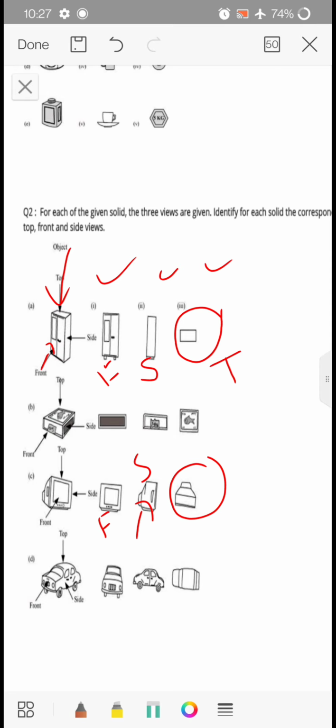So this is one kind of question which is possible based on the top view, front view and side view. Similarly, I am giving you 1 minute to solve this car, which can be the front, top and side view. First one is what? Second one and third one. So are you ready, my dear students? Yes. Come on, start it.